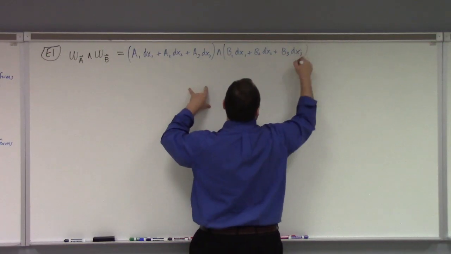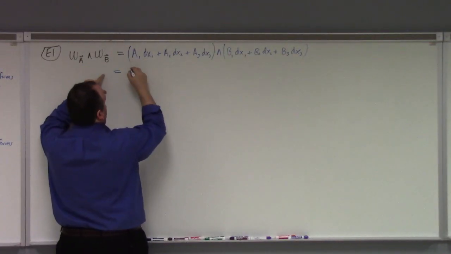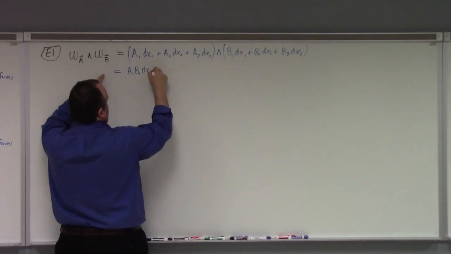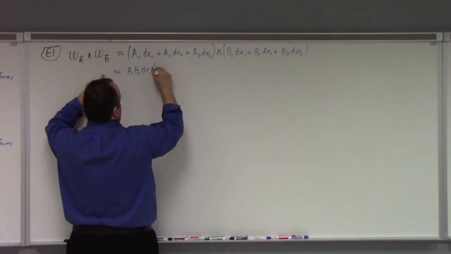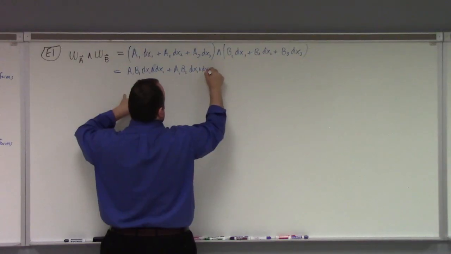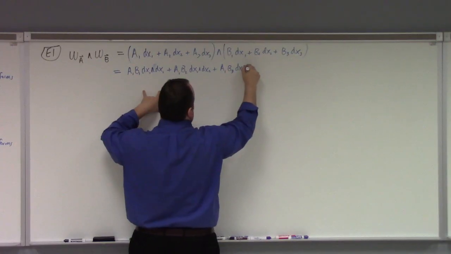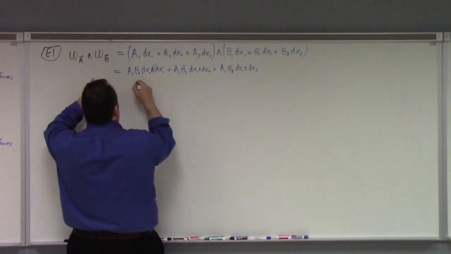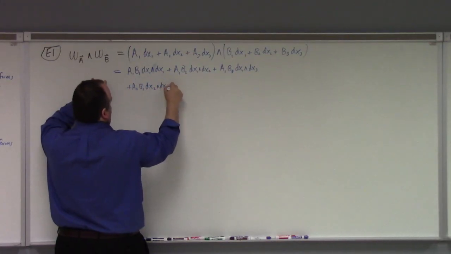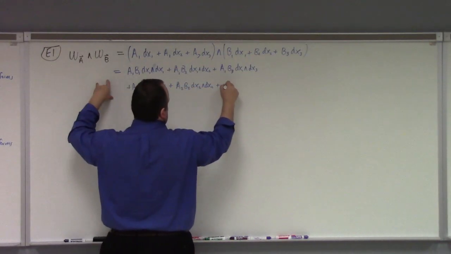All right, great. Let's calculate this wedge product. The way it works is just like normal, right? I'll write it out in gory detail. A1, B1, dx1 wedge dx1. There's going to be 9 things to write here. Plus a1, b2, dx1 wedge dx2. Plus a1, b3, dx1 wedge dx3. Next line, plus a2, b1, dx2 wedge dx1, plus a2, b2, dx2 wedge dx2, plus a2,